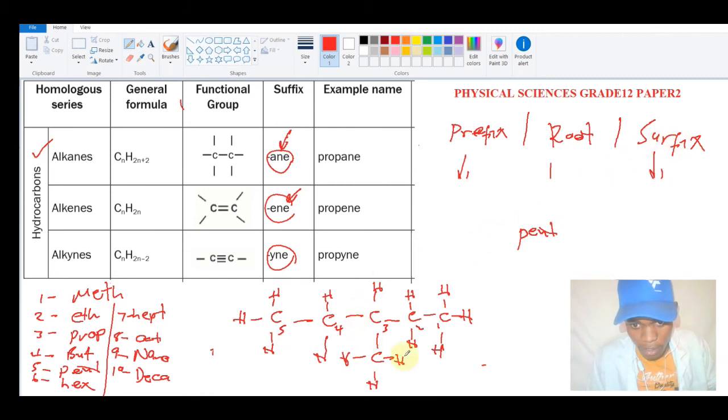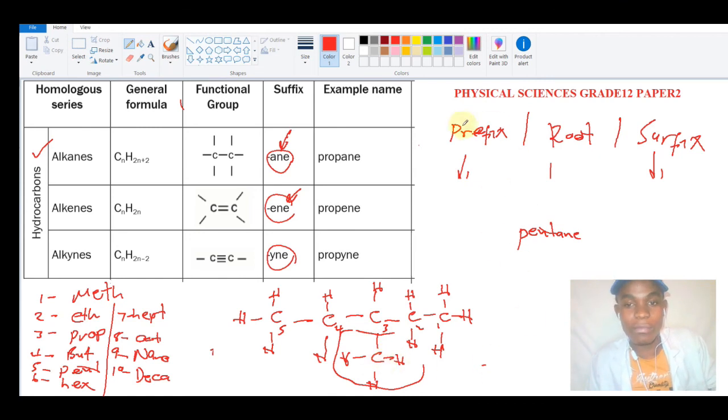So our suffix, you see we've got single bonds. You don't have a double bond, so it's all single bonds. So when you have all single bonds, what do you say? It's an alkane, right? When it's an alkane, you expect it to end with ane, so it's pentane, right? So now we need to deal with this. As you can see, we name this part. Now we need to deal with this branch here.